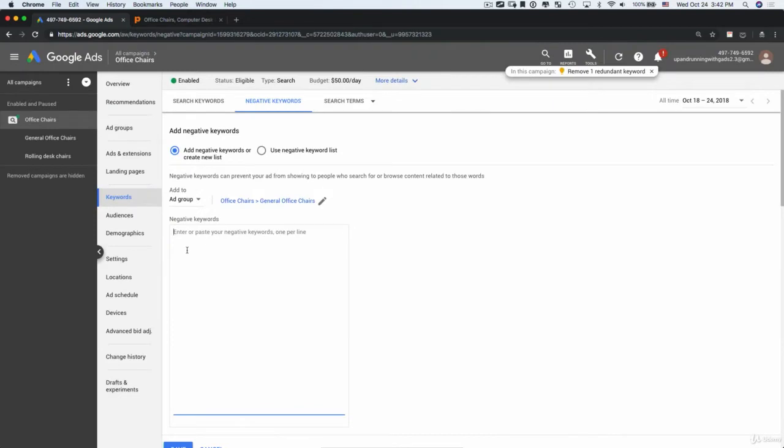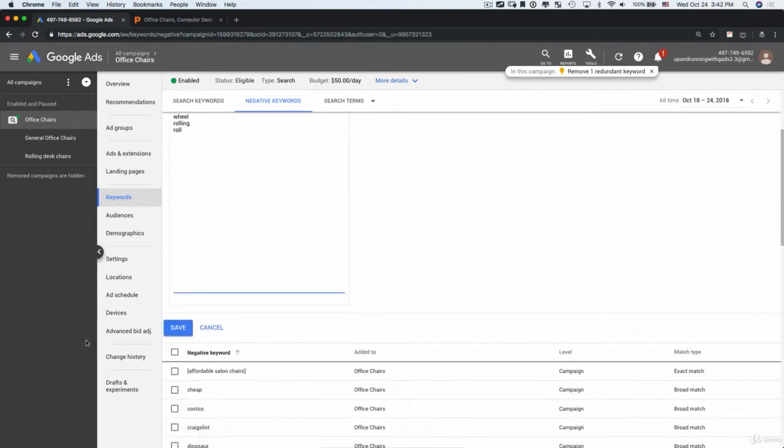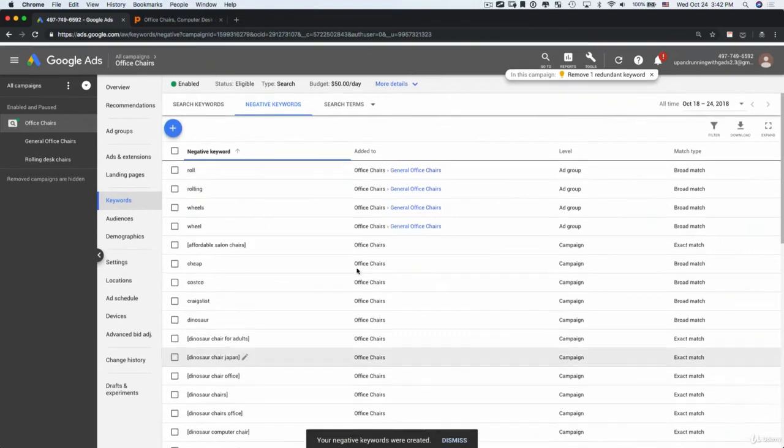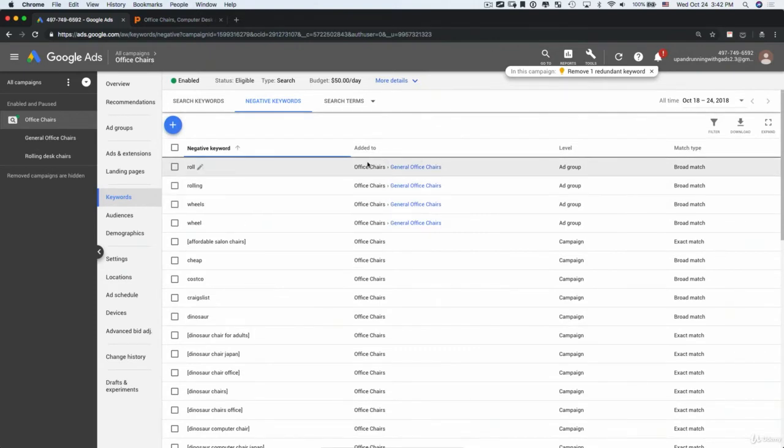And now I'm just going to simply go ahead and add my negative keywords: wheels, wheel, rolling, roll, and any other keywords that might apply that I might want to sculpt out of this, or want to prevent any search terms from showing up in this specific ad group. I want to make sure that they're broad match again. Click save. And now I'll be able to see in this report that they have been added to this campaign